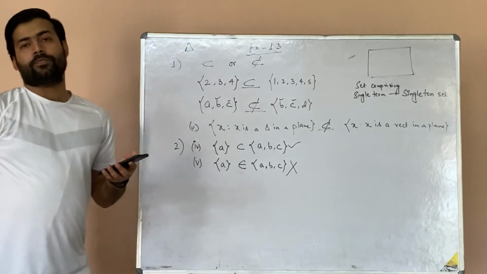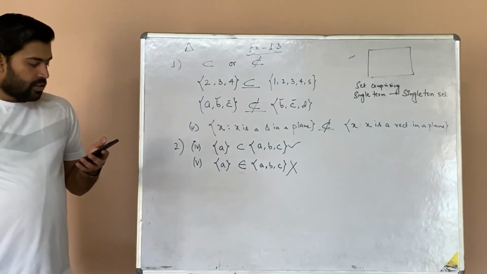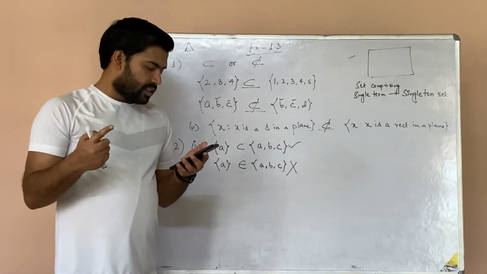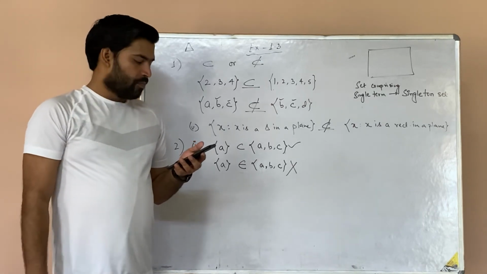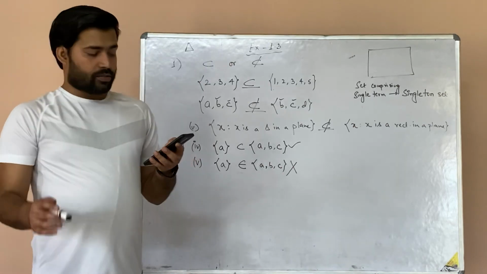Now the next thing is, write down all the subsets of the following sets. This we have done in our previous lecture, previous video, how to write down the subsets. The elements are given over here. The first one is comprised of a single element, the second one 2 elements, the third one 3 elements, the fourth one 5. Based on this you need to find out the number of subsets. So try to solve these questions.